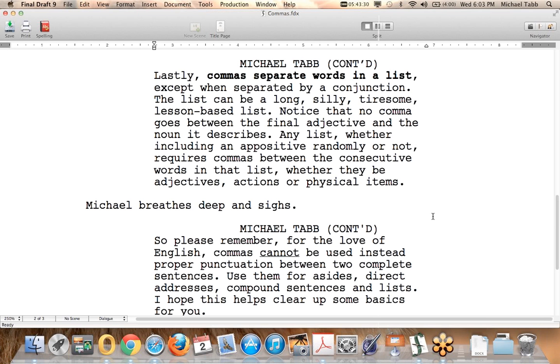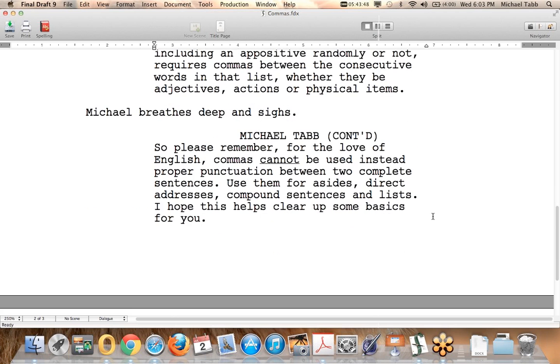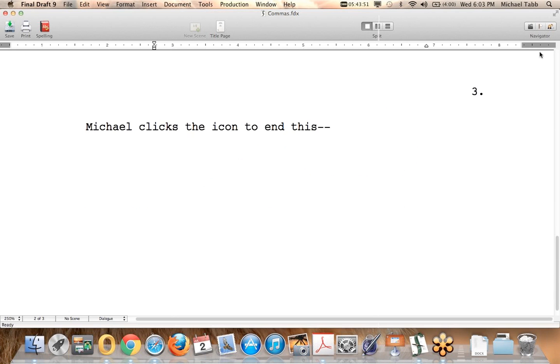Michael breathes deep and sighs. So please remember, for the love of English, commas cannot be used instead of proper punctuation between 2 complete sentences. Use them for asides, direct addresses, compound sentences, and lists. I hope this helps clear up some of the basics for you. Michael clicks the icon to end this